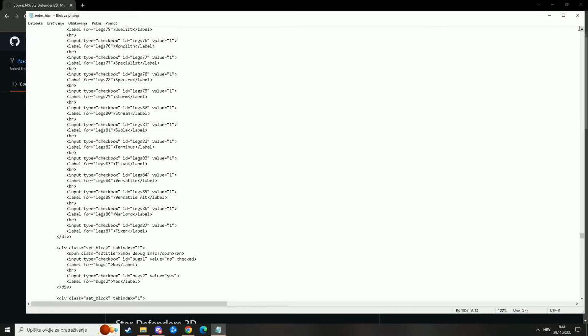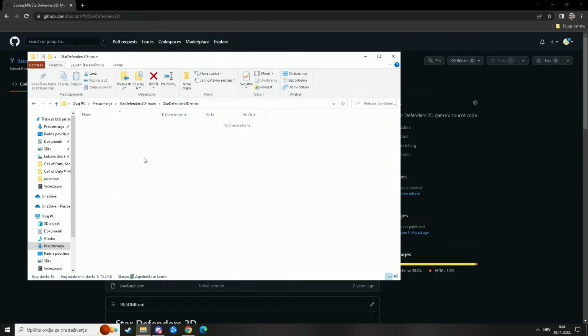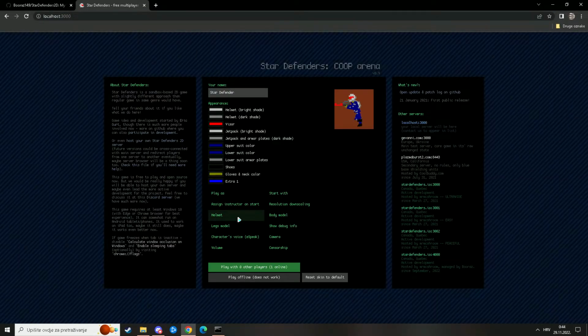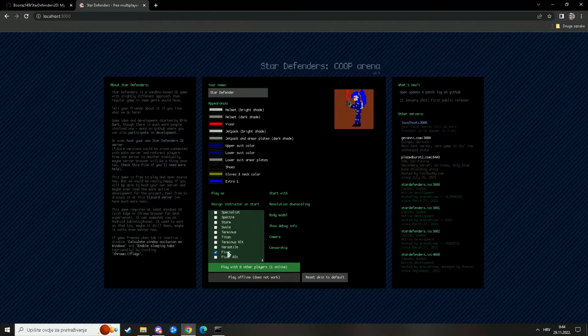That should be it. We should now be able to load it in the main menu of the game. Let's take a look. We have the fixer helmet and we have the fixer alt helmet. I'm not exactly sure what the difference is here, but I was told to add both, so I'm going to check that later. Legs model, the last one was warlord, and now we have the fixer, as you can see, and now